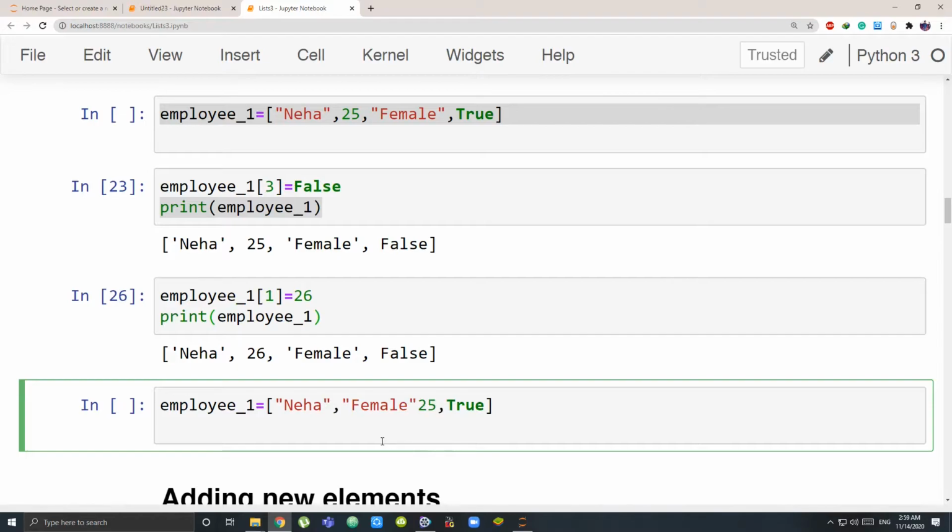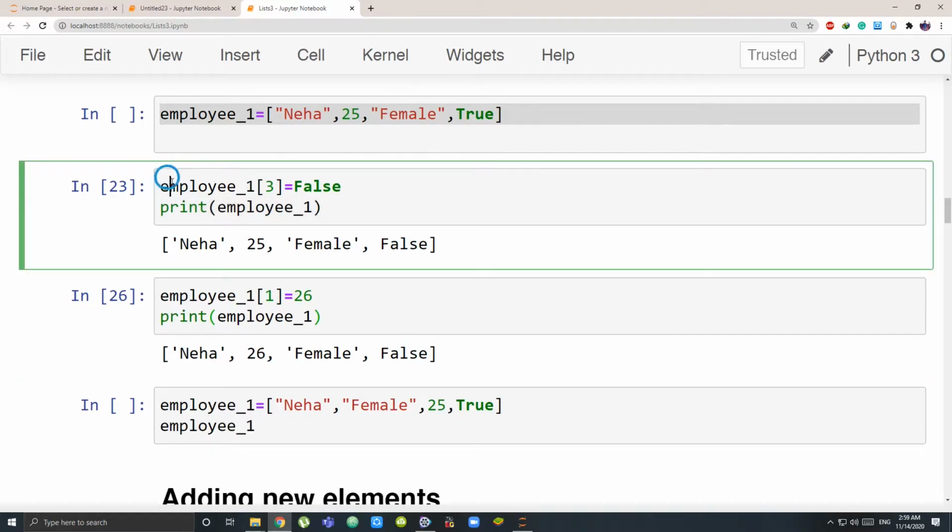When I want to change a few things together, that is basically in continuation. Now I want to change 25 to 26 and true to false together. So instead of the indexing that I used before, where I said from this, take the index third and change it to false,